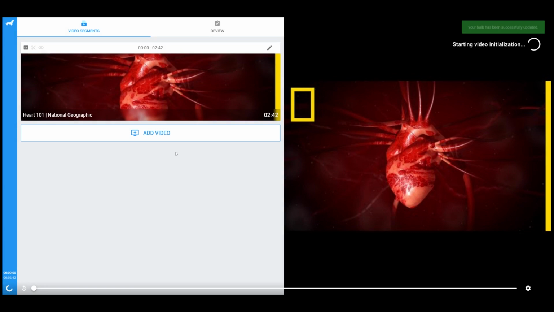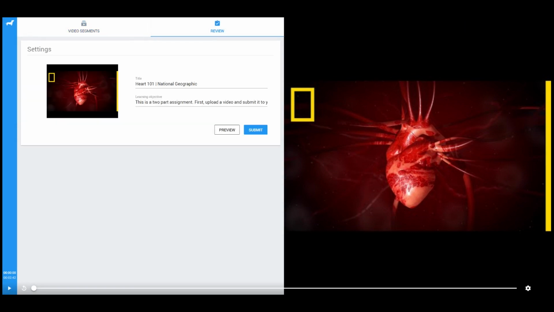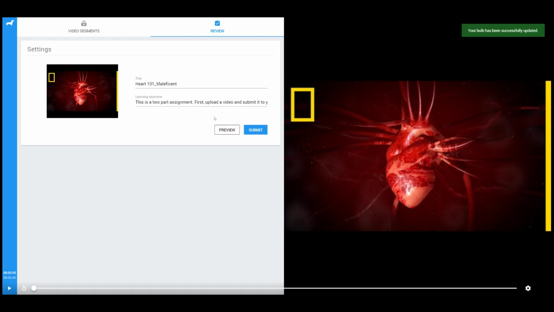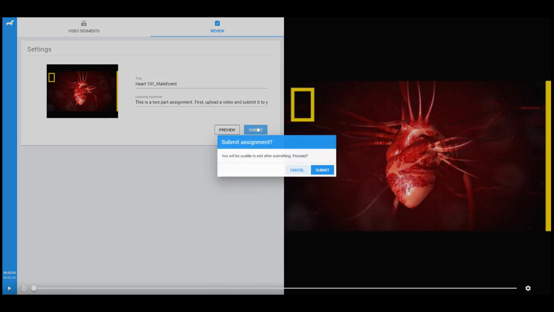After the video is uploaded, please click the Review tab on the top to review your video before submitting it. You can edit the video's title or change the thumbnail image by clicking on the current image. Once you complete editing, click the Preview button to preview your video or the Submit button to turn in your